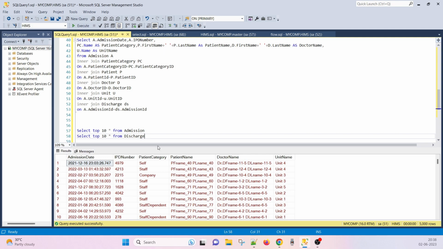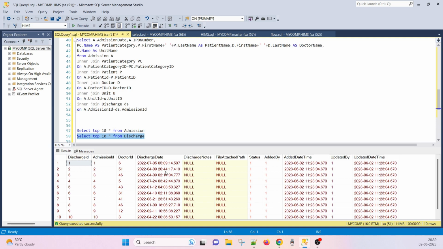not good practice to select all records. The best way is top 10, which gives us some sample idea. So discharge contains the admission ID. Correct. On the basis of admission ID, I will connect to the admission table and see who discharged that particular patient. So we can connect that doctor ID to the doctor